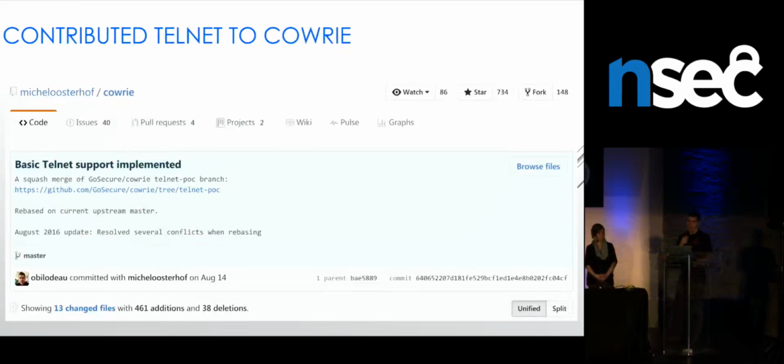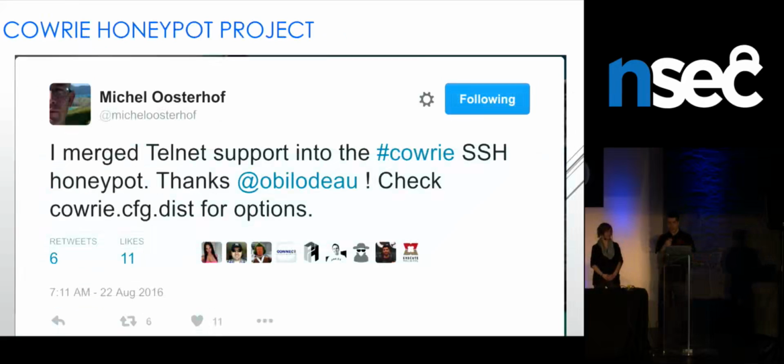So during the Christmas holidays, I decided, let's write this telnet support. And so I wrote it. It took more than I anticipated. But I'm a researcher, so I can afford spending that time doing that. But it's still maybe 2 weeks of work nonstop. And then I sent a pull request to the Cowrie project, and since then they merged it.